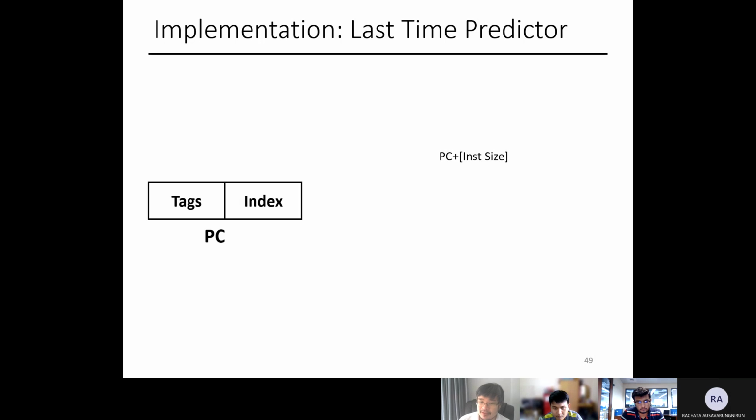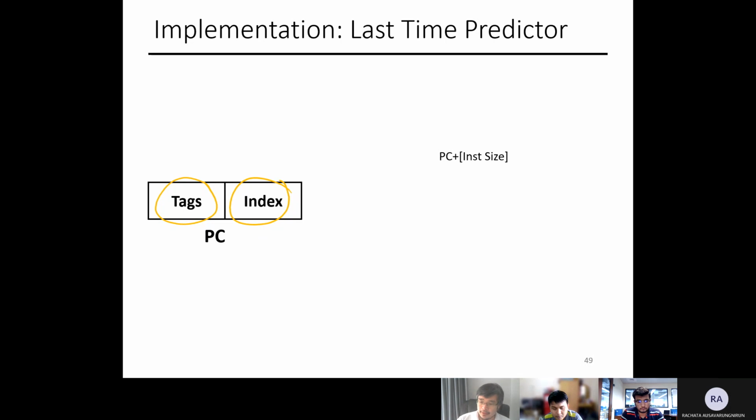So I'm going to have a PC that divides things into the tag region and the index region. Are you familiar with the tag and the index, if you've taken things like computer organization or caching before? It's the same as the cache. So for OPA, this is the same as the tag in the cache or the index in the cache. But for Muhammad, have you seen this before? No. Okay, so